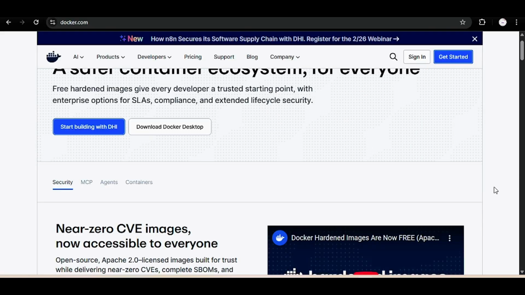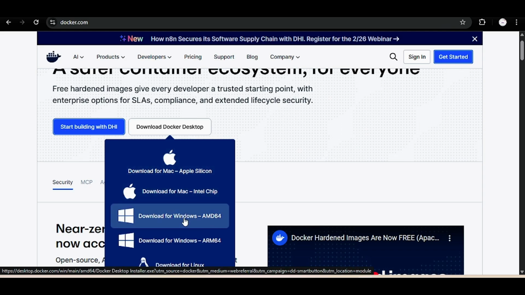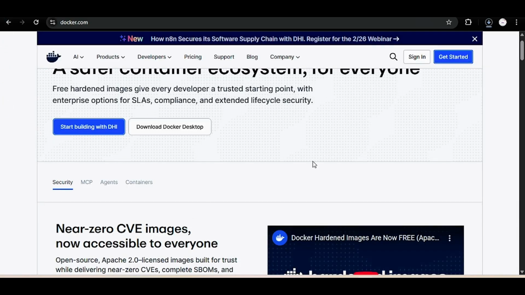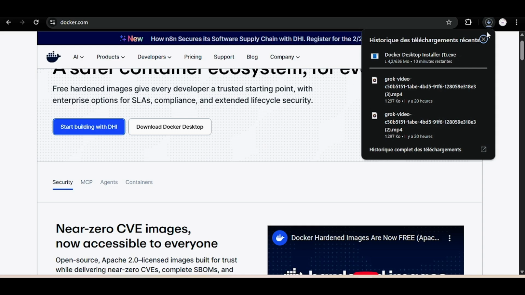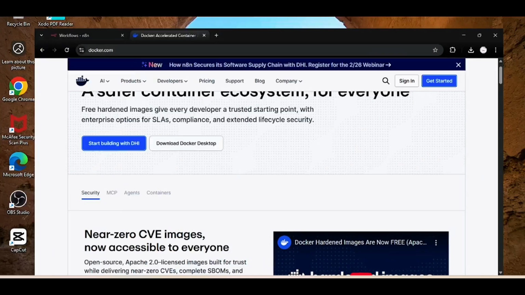Click on Download Docker Desktop. Then you'll have to choose your operating system. As you can see, we got multiple. I'll just choose mine and then click, and Docker will be downloading. For now, I already have Docker on my desktop, so I just close this one and go to open